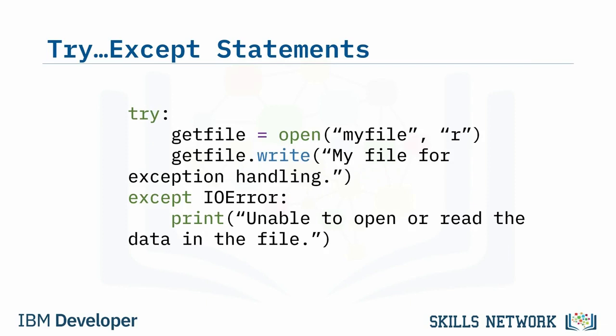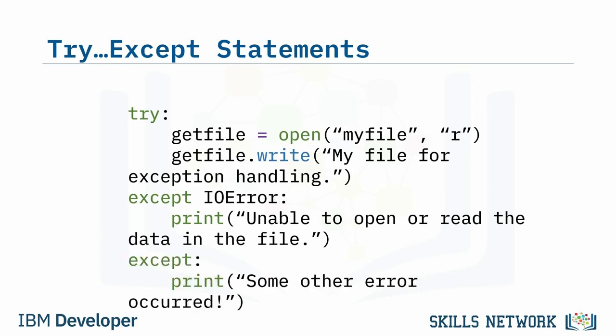When writing simple programs, we can sometimes get away with only one except statement. But what happens if another error occurs that is not caught by the I/O error? If that happened, we would need to add another except statement. For this except statement, you will notice that the type of error to catch is not specified. While this may seem a logical step so the program will catch all errors and not terminate,